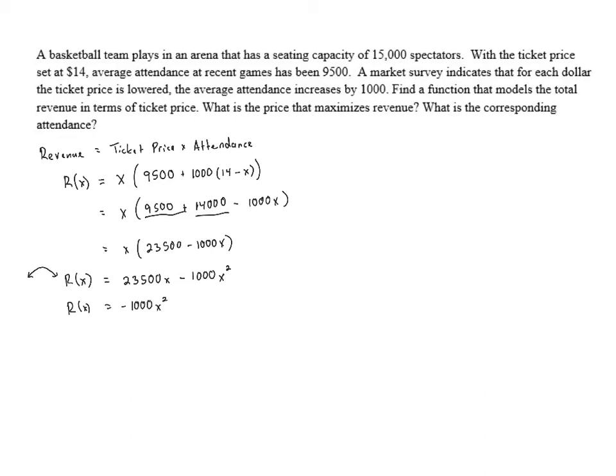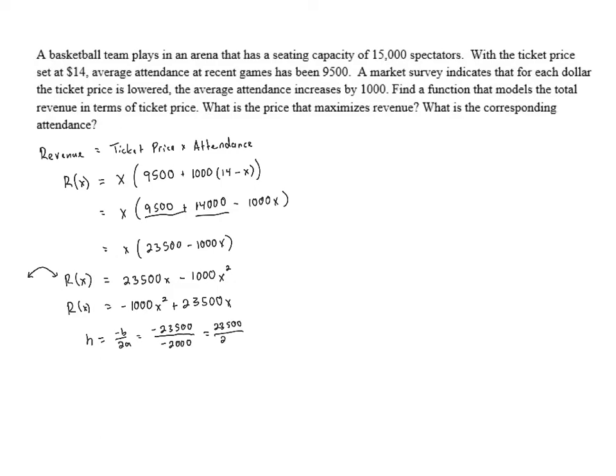So negative 1,000x squared plus 23,500x. We know that the x-coordinate of the vertex, which we usually label with h, comes from taking the opposite of b over 2a. In this case, b is 23,500, so that's going to be negative 23,500 over 2a. Well, if a is negative 1,000, then 2a is negative 2,000. A negative divided by a negative is a positive, so we get